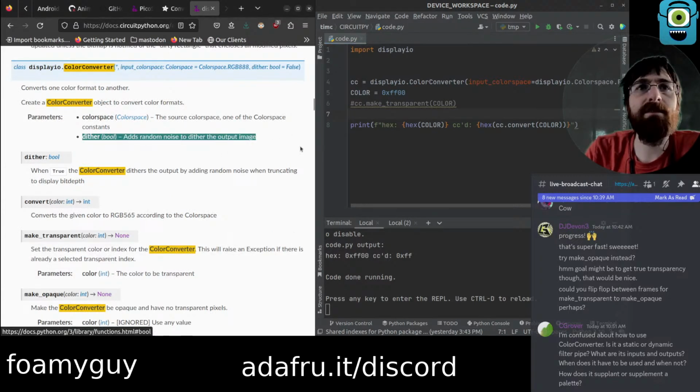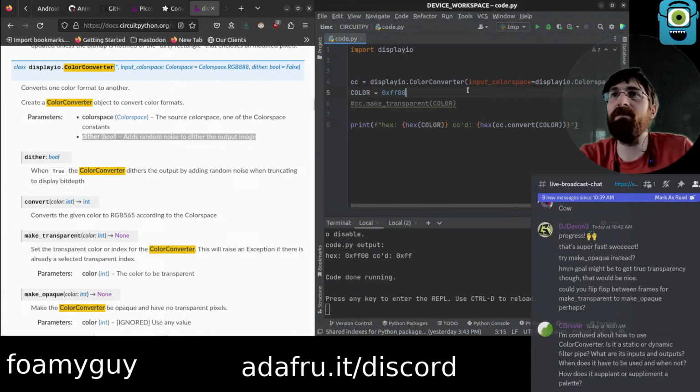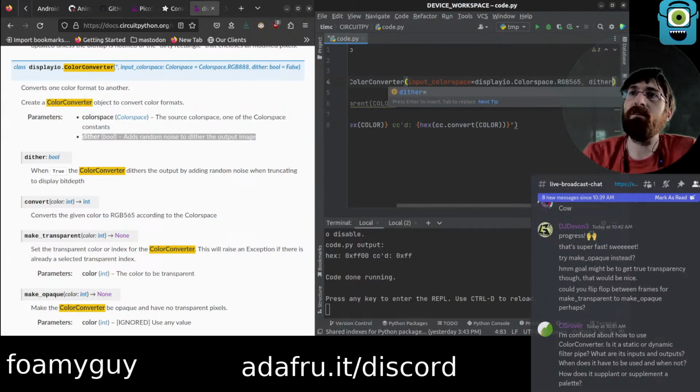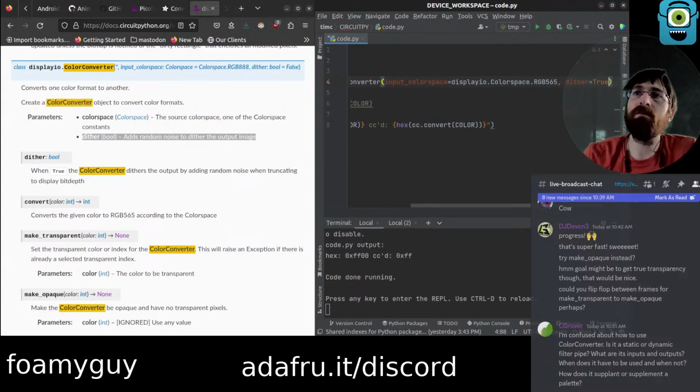And then dither. It also has dither, which is another kind of layer. No idea what that would do. In our case of this one, it didn't do anything.